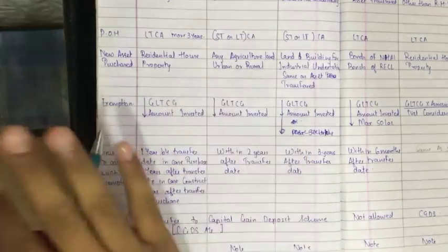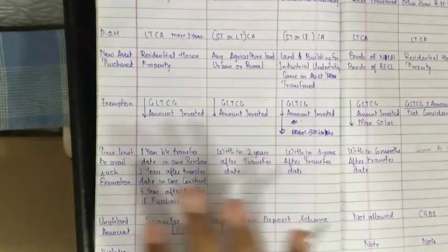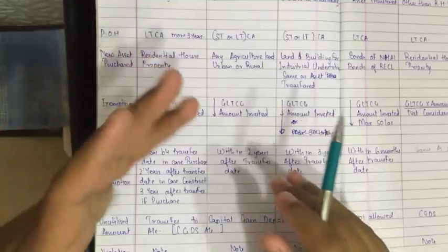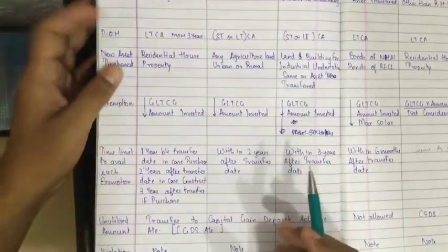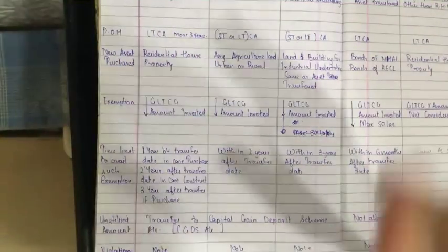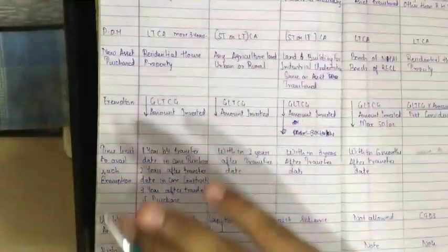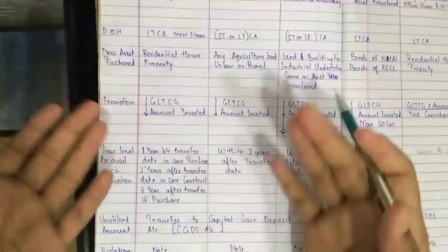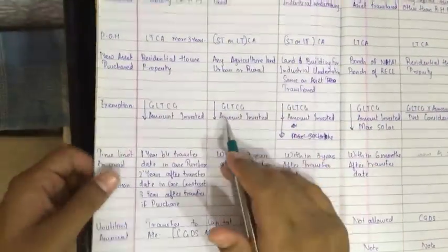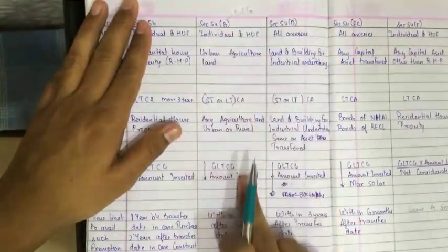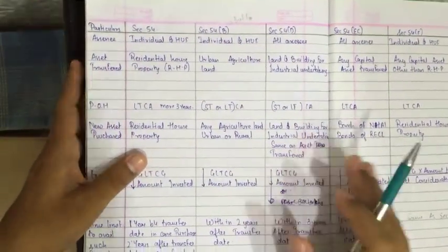If you invest, then at that time you don't need to do anything, just invest. If it is shown as capital in the CGDS account, then that's enough. Such high-level sums won't come. I'm just explaining to you how it happens. Section 54B, I hope you have understood what section 54B is.